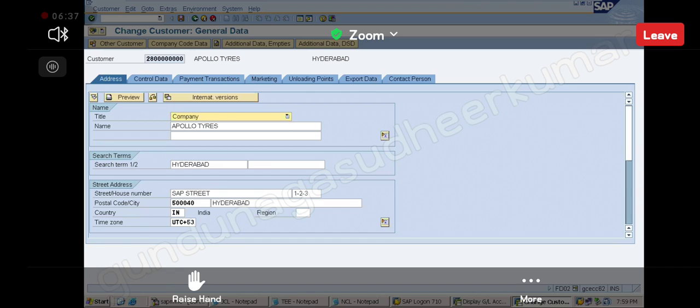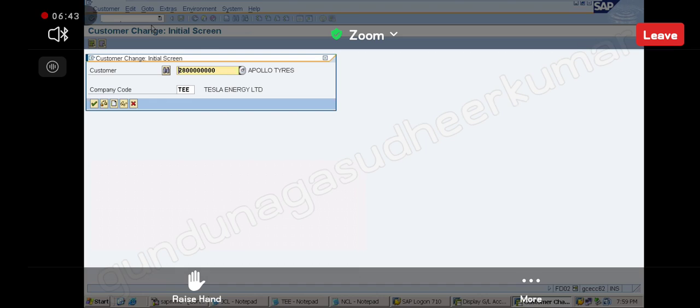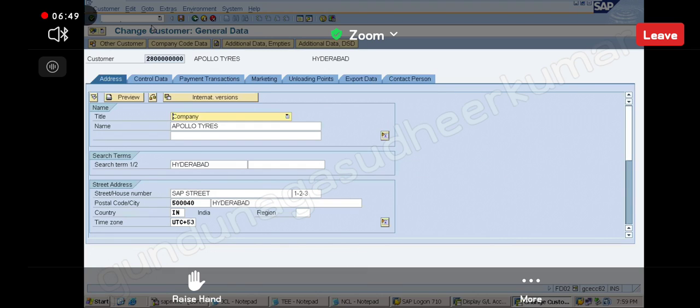So you go to FD02. Give the customer number here. Enter, and then what? Then go to company code data. Okay, go to company code data. Go there.